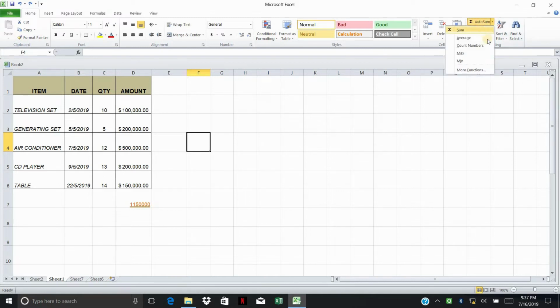AutoSum, this is where you find your summation tools. Number one, sum. This is how to use sum. Here, for instance, you can come to your numbers right here. For instance, amount. Let me remove what I have here. If I want to sum this,